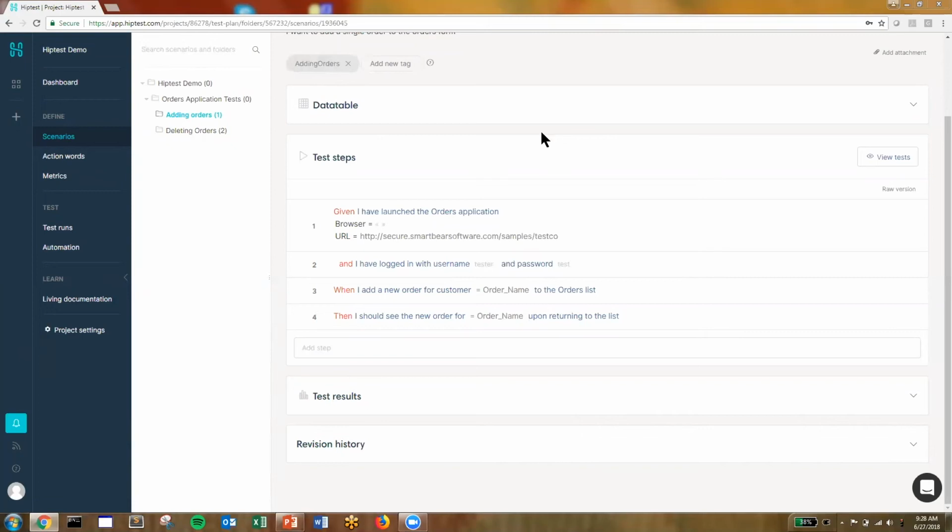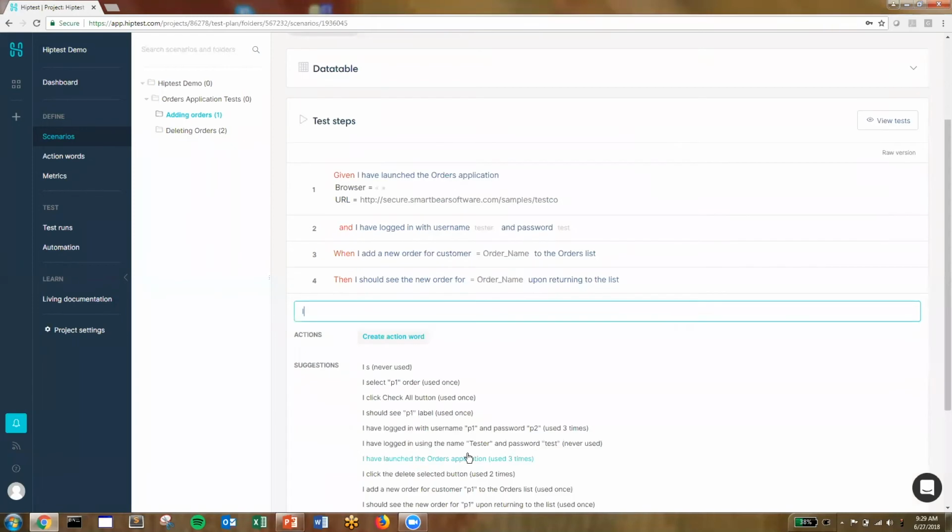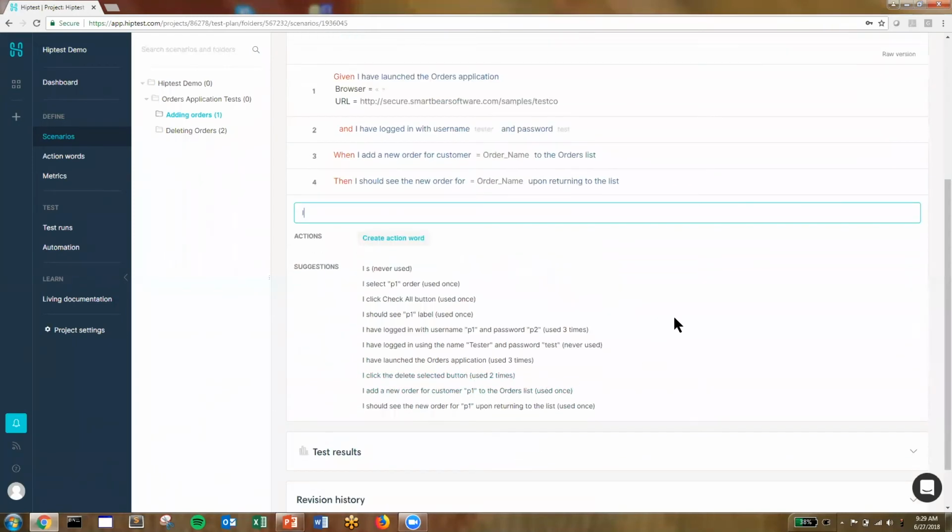With this application, specifically this tool HipTest, one of the reasons we believe it's a good place to use, even if you're starting with BDD, is that you're not working from scratch ever. For example, if I add to this statement and start typing, you'll see I have all these suggestions here. This tool allows me to reuse lines from other scenarios in the scenario I want to create. Ultimately, this editor is very much like an IDE code editor.